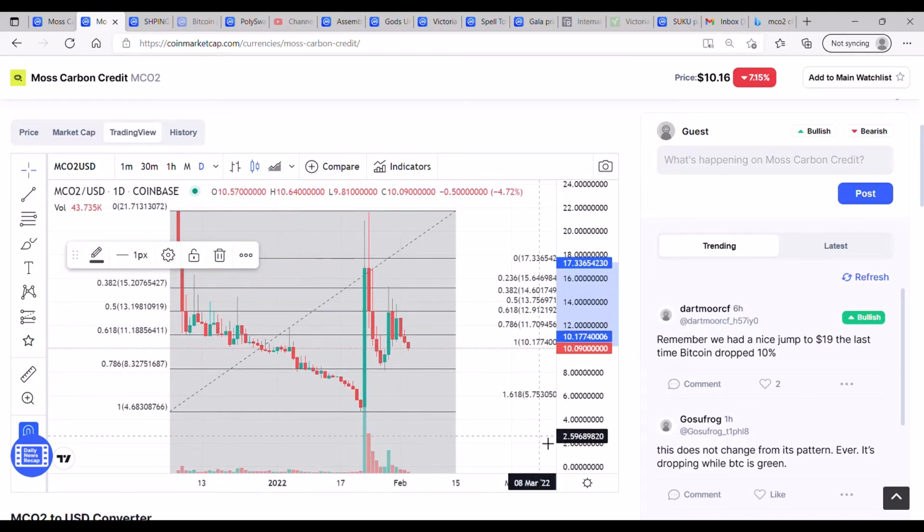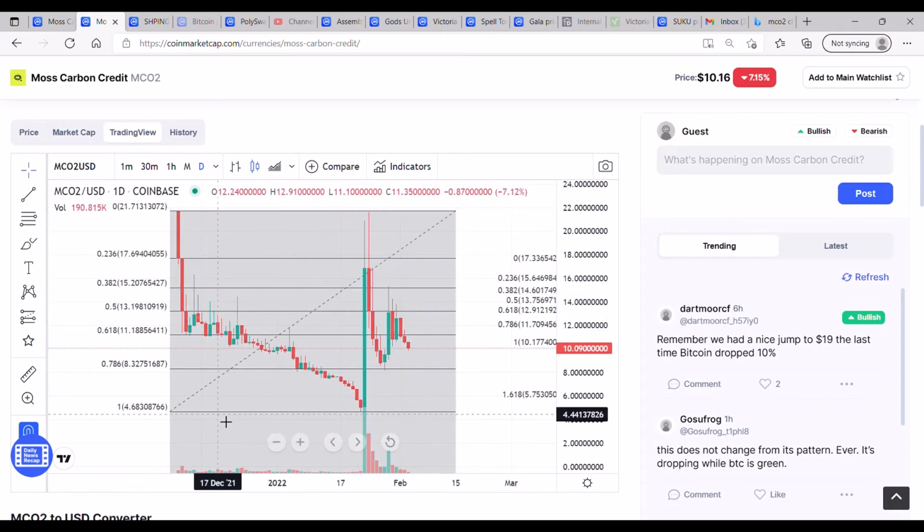I am constantly using the Coinbase chart. I believe the stats are clearer and are tracking the price action for MCO2 more so than the CoinEx chart. But I just wanted to show you that depending on what platform you go to and what price action you're using, you can have some really dramatic differences in the events for a token, which is why you will see a lot of